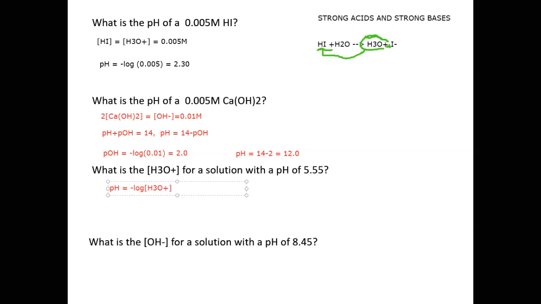So if we want to find the concentration of hydronium ion, we just have to rearrange the equation. We get 10 raised to the negative pH. So if we know the pH, we do the anti-log of the negative of that pH, and we get the hydronium ion